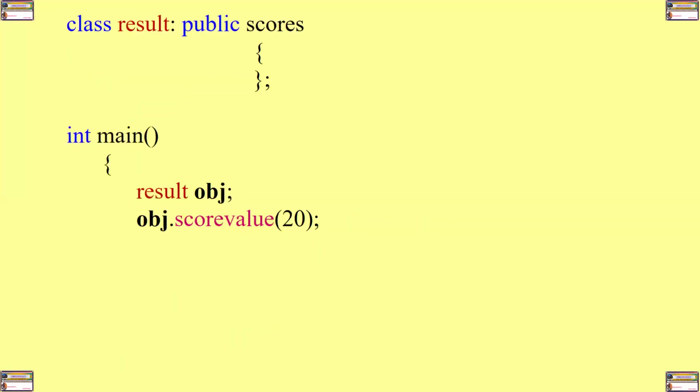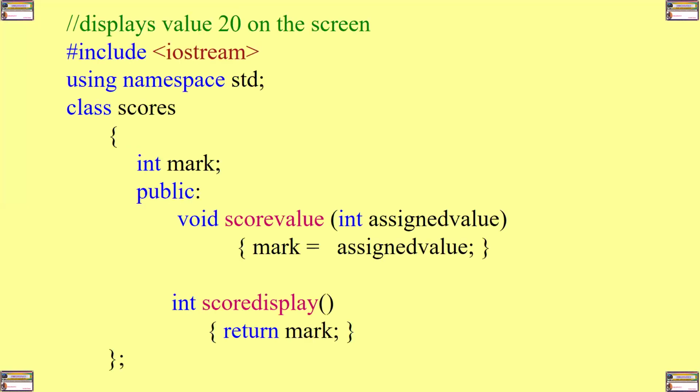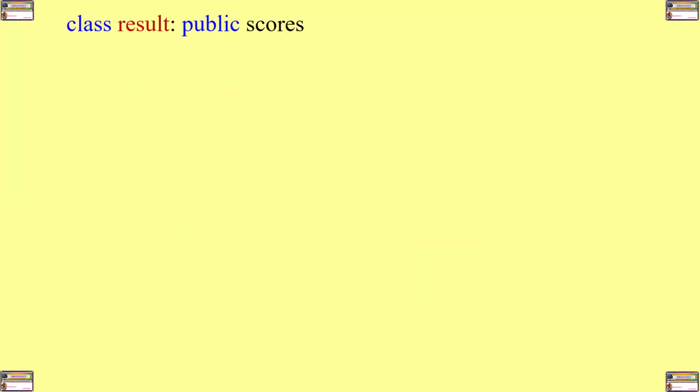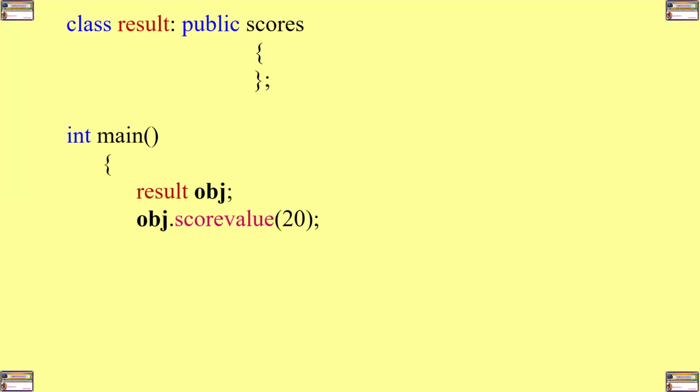But as you can see from my main program, I am declaring an object for the derived class called result. In real sense, the object called obj is expected to access the data members of the class called scores, because that's where score value has been defined. But because the class called result has been given permission to access all the members of the class called scores, the object called obj, which is for the class called result, is also able to invoke the member called score value, which is a member of the base class